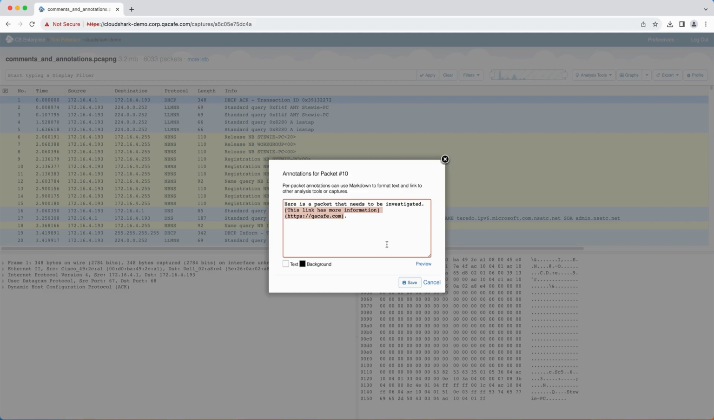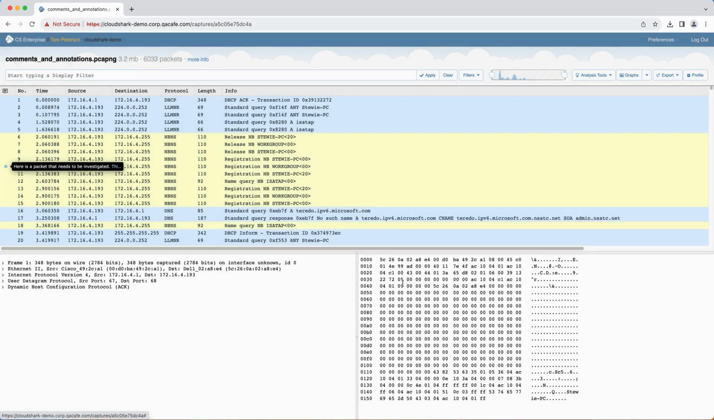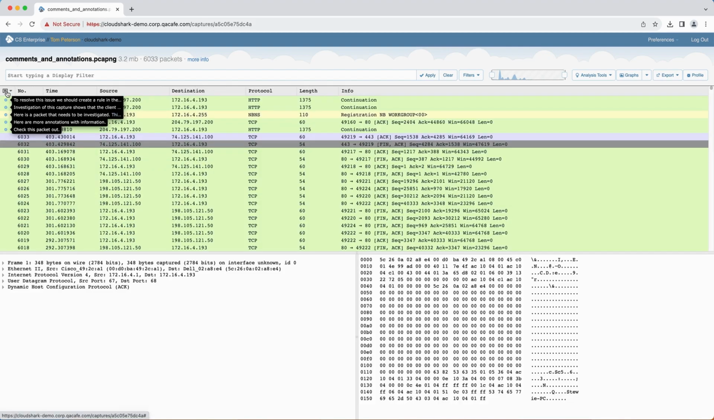ticket, or bug report. When annotations are applied to a packet, the blue circle in the first column for that packet will light up and can be clicked on to display or hide the annotation. Packets can be sorted by the annotations column to bring all of the annotations to the top of the packet